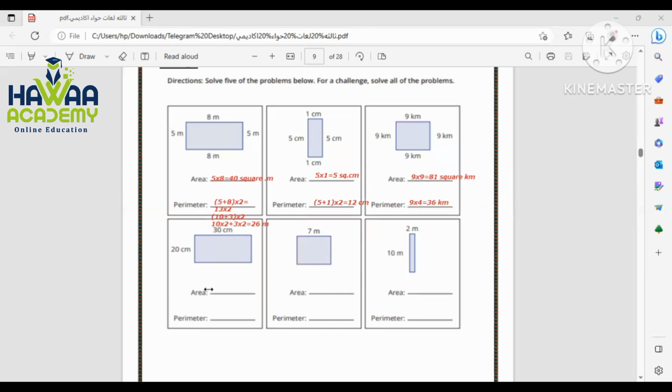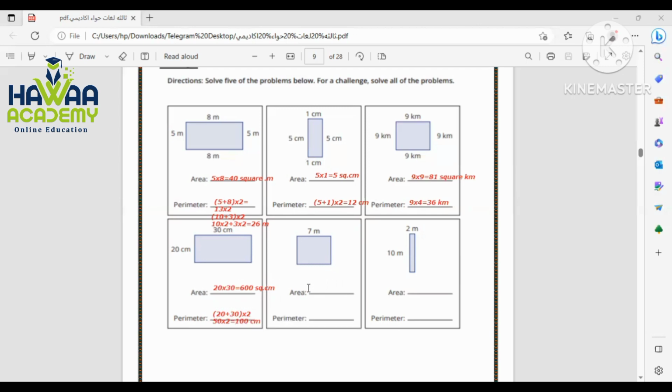And here's the area, 20 times 30. We will put 2 zeros, and then 2 times 3 equals 6, so it will be 600 square centimeters. And the perimeter will be 20 plus 30 times 2, so it will be 50 times 2 equals 100